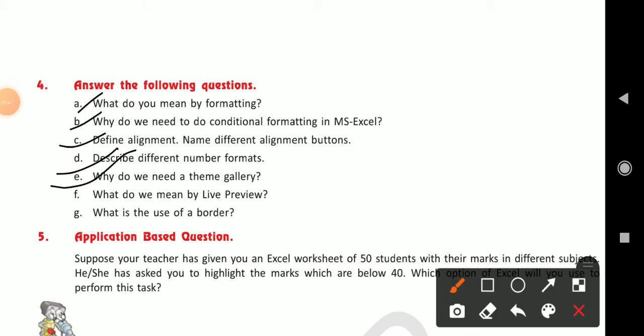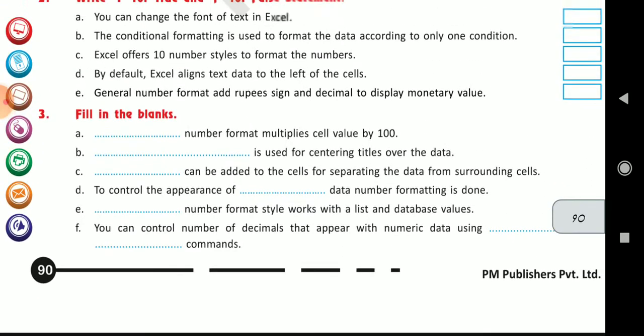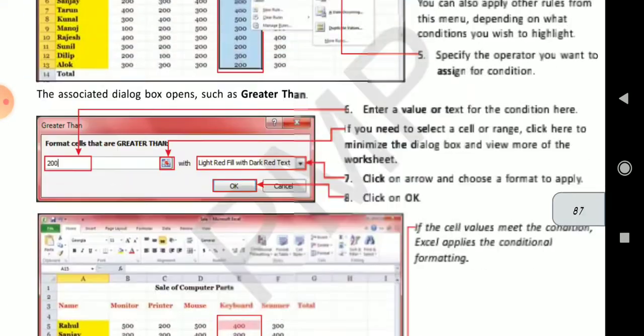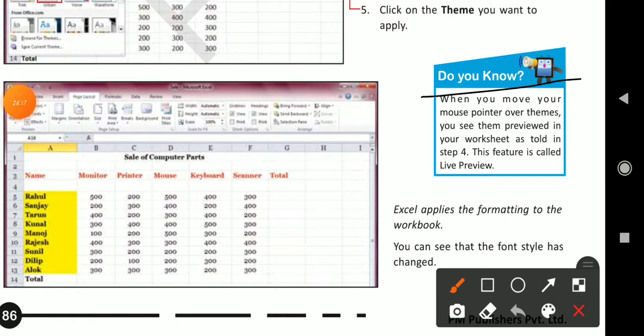D, C, B, A. Now, what do you mean by live preview? When we click on the theme, we see the preview of that theme, which is called live preview. Again, on page number 86, you will get the answer. When you move your mouse pointer over themes, you see them previewed in your worksheet.